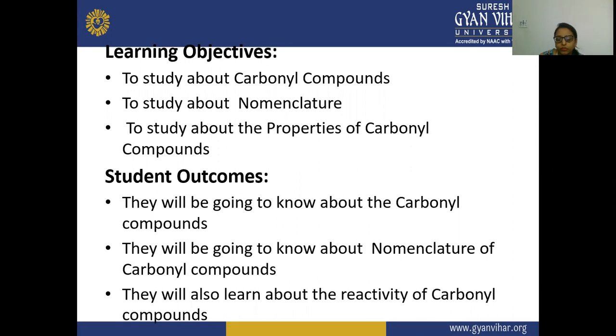So in our last lecture, we have already studied about the alkenes, conjugated dienes, alkyl halides and your alcohols. So the second and the third unit of your Pharmaceutical Organic Chemistry I is completed. Now this unit covers your carbonyl compounds, and the carbonyl compounds which it covers are the aldehydes and the ketones. So in this topic, carbonyl compounds, we are going to study about the aldehydes and the ketones.